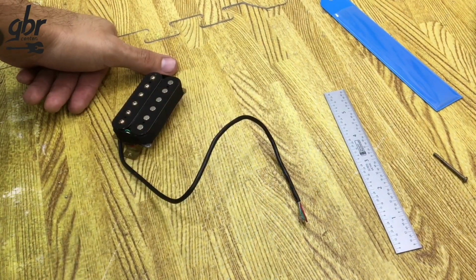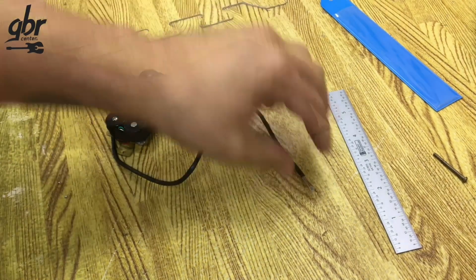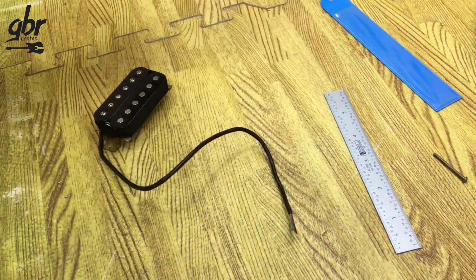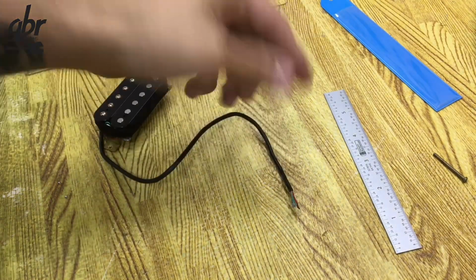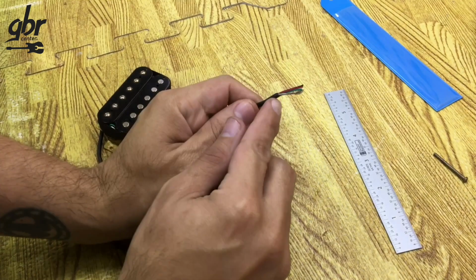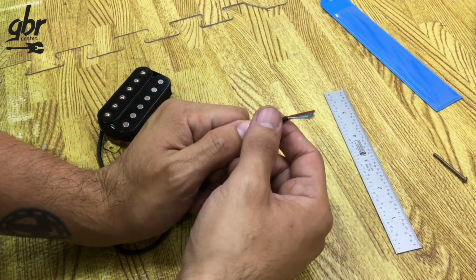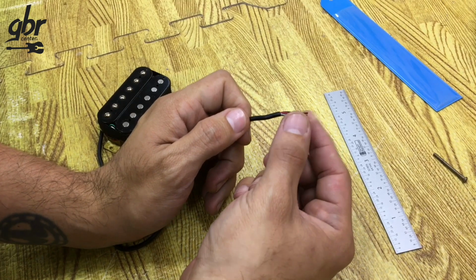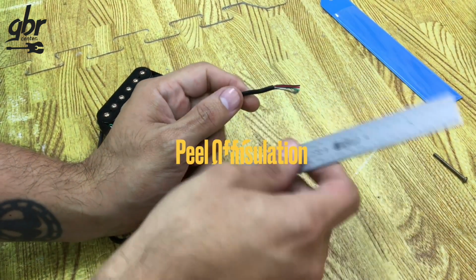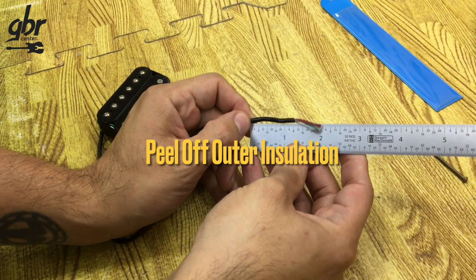So what we're going to do is expose more wire, remove the insulation, so we can make the connections we need. For example, if the ground wire goes to the potentiometer along with the other ground wires, and the hot wire goes to the switch, we'll need more wire length than what we have here. Also, if the pickup goes directly to a potentiometer, it's often much easier to work with extra wire. A good length to expose is about 2 inches or 5 centimeters, maybe a little more,